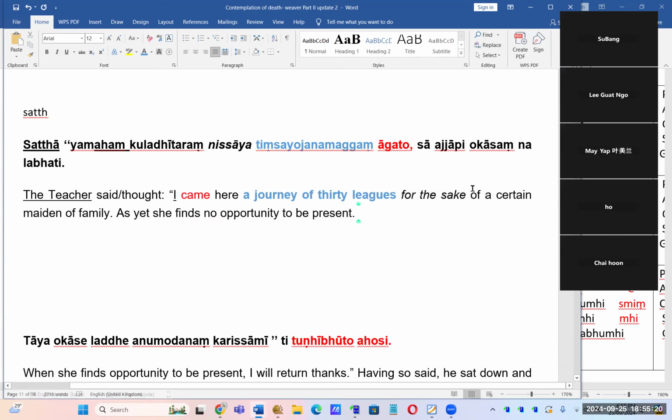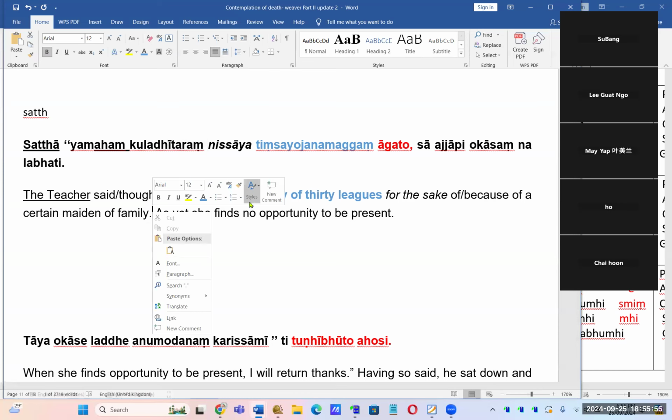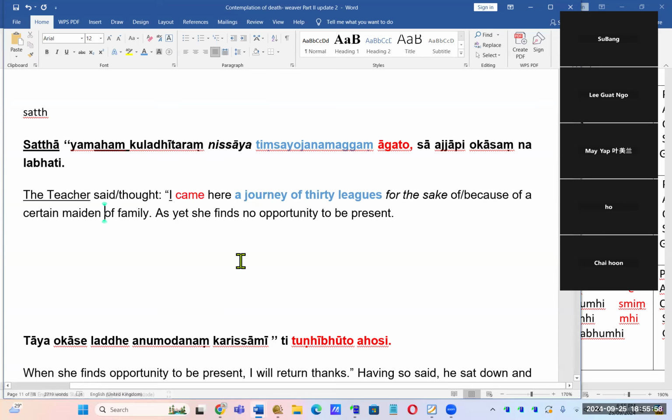So maybe for the sake of, that's one meaning, or we can translate another way, because of. Kula, we saw this word before. Kula is a family, right? Ditara, the title we know, is this Puraditara, madam. Ditara is actually daughter, right? This is a consonantal suffix we see in the Pali book. So the direct translation will be daughter